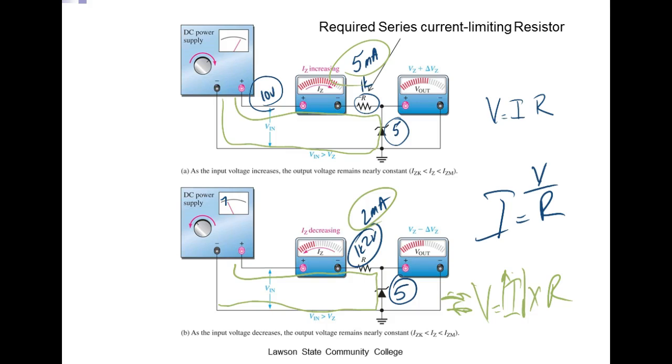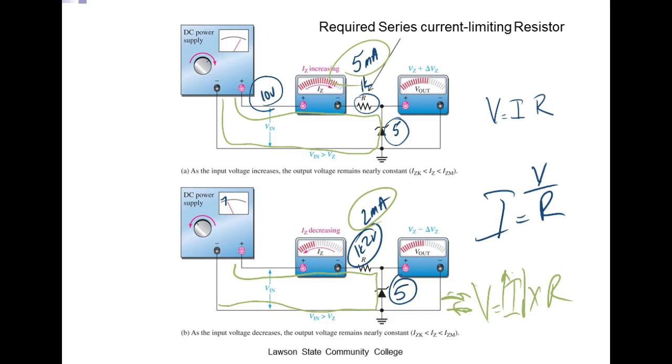So what you're seeing here is that Zener dynamically changing its R to maintain a what? A constant voltage. That R is changing all over the place. So what we're doing is letting the Zener current vary, but the voltage drop across it doesn't change. Well, it does a little bit. So that Zener is dynamically changing its R